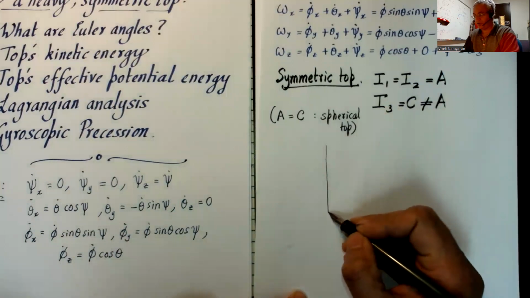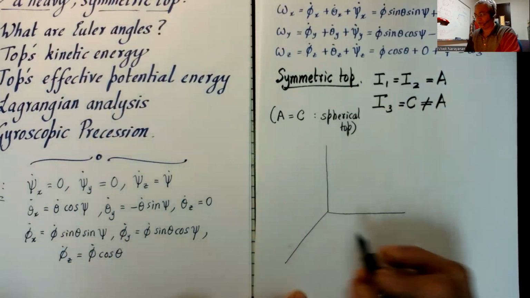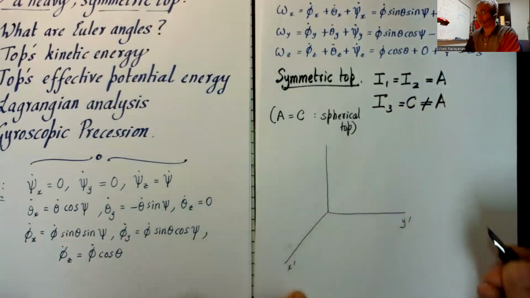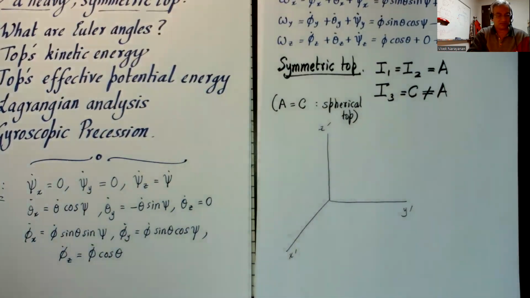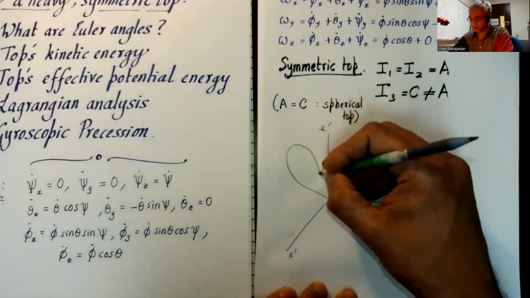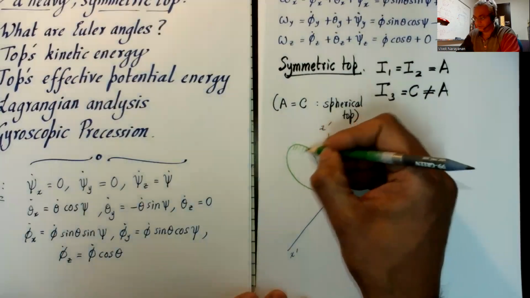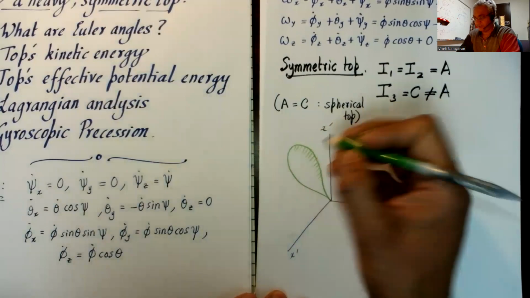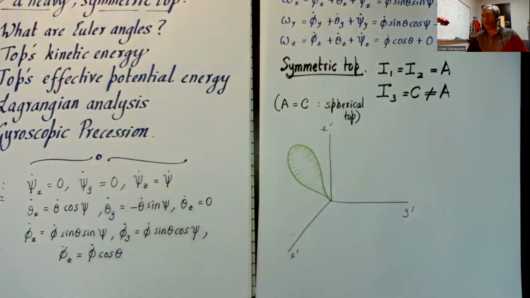Now I don't care about the intermediate portions of the construction that we did to get the Euler angles. So I'm going to just draw the inertial frame, x prime, y prime, and z prime, and my top itself. I'll draw it as a pear-shaped object. You should imagine this to have some kind of shading. Okay. And then the Euler world,